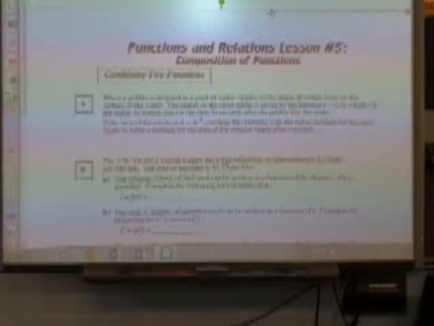So, for example, when a pebble is dropped in a pool of water, ripples in the shapes of circles form on the surface of the water. The radius of the outer ripple is given by the formula r equals 0.3t, where r is the radius in meters and t is the time in seconds after the pebble hits the water. If the area of the circle is pi r squared, how can I use my knowledge of what the radius is from the outer ripple formula to figure out what the area would be of the circular ripple after t